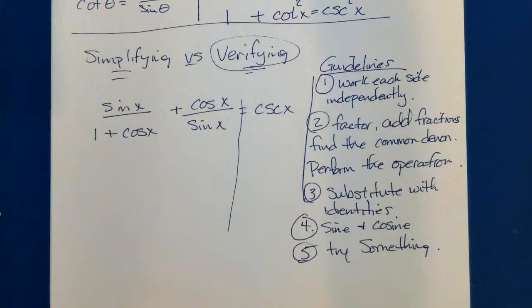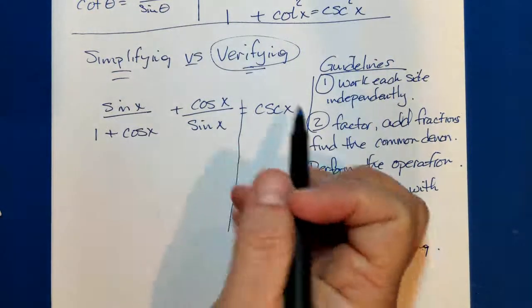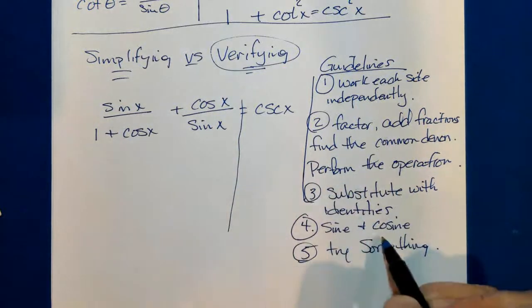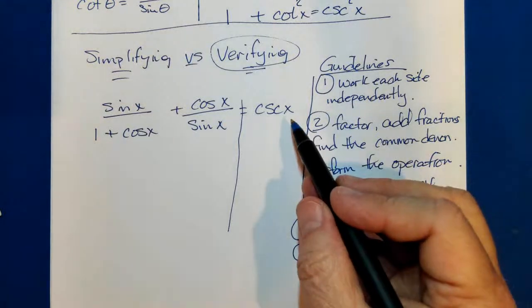All right, so let's go back to this problem. The first thing that I look at is everything on the left is in terms of sine and cosine. Okay, it's in terms of sine and cosine. I could turn cosecant into 1 over sine. That would be